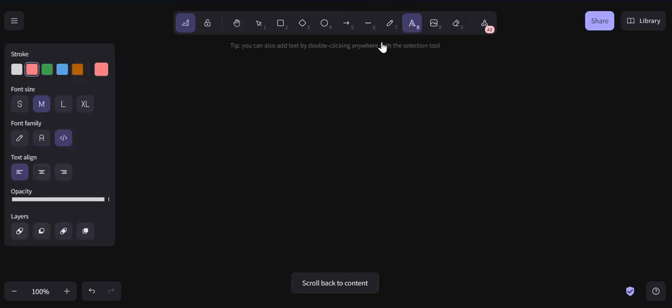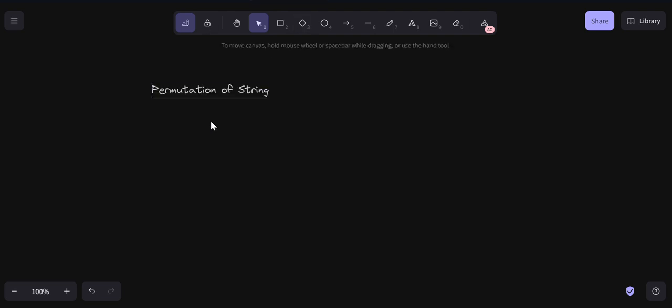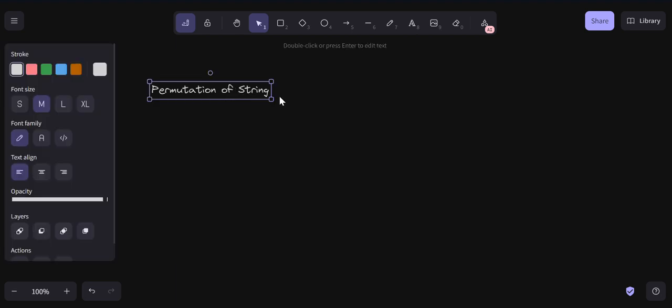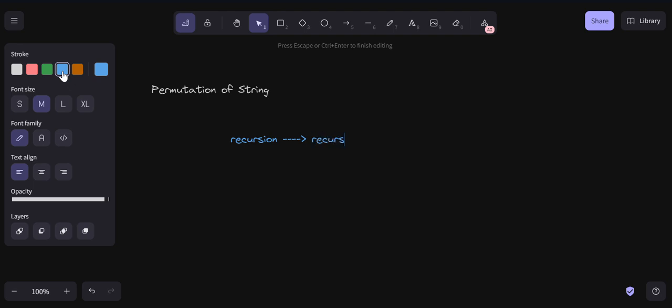We can start doing one question, which is permutation of string. You can do it in your own recursive way, but I will first show the recursive way, and then you will realize why it is too complex, and you can use backtracking to make it more efficient. So first we will do the recursive. We will apply recursion and make a recursive tree,